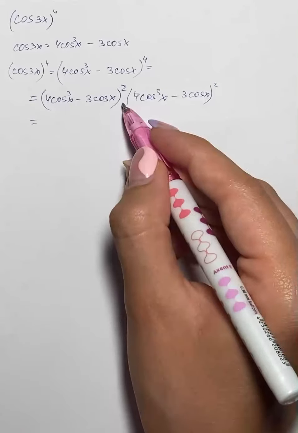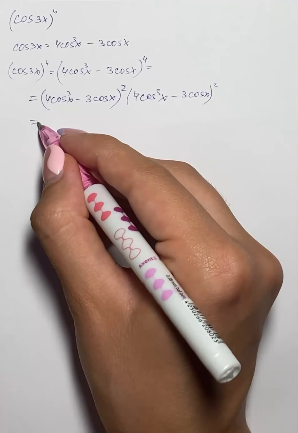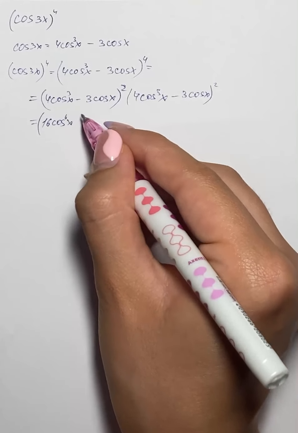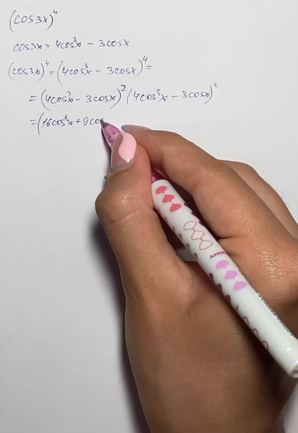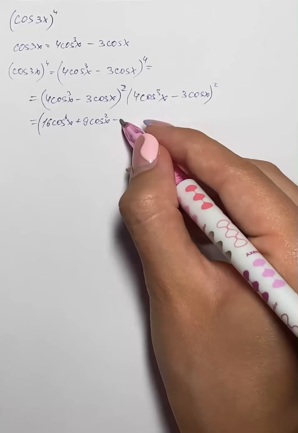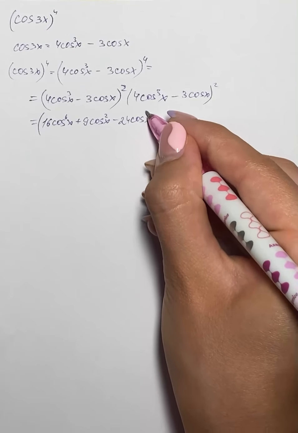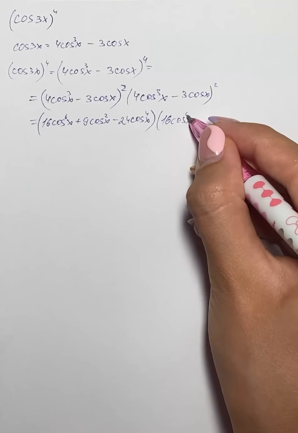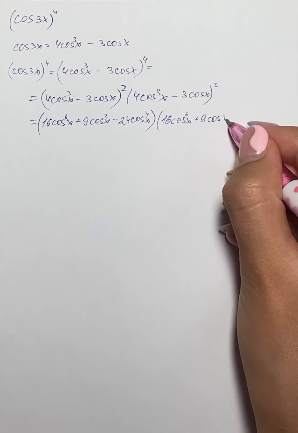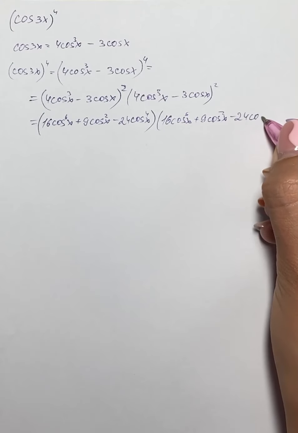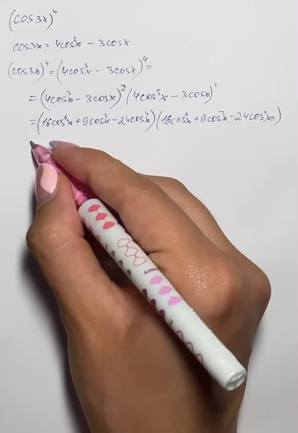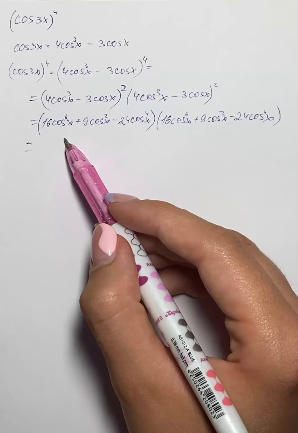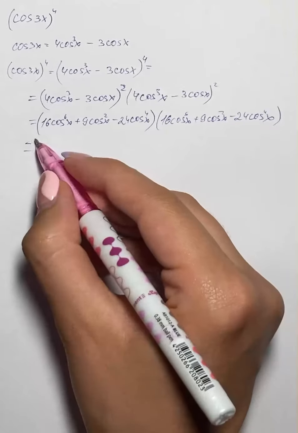So now we're going to expand the squared brackets and have 16 cosine of x to the sixth power plus 9 cosine of x squared minus 24 cosine of x to the fourth power, times the same thing, that's 16 cosine of x to the sixth power plus 9 cosine of x squared minus 24 cosine of x to the fourth power. Now we're just going to multiply each term in the first brackets by each term in the second brackets and have